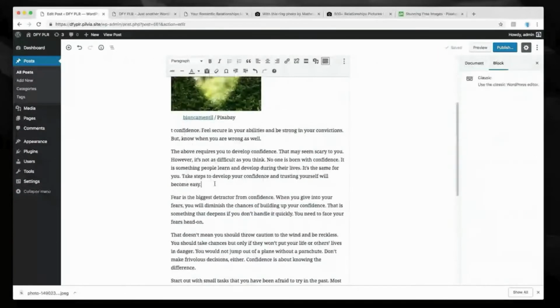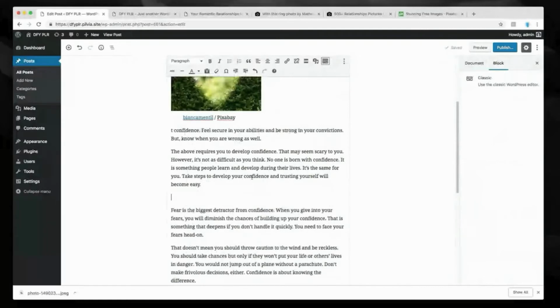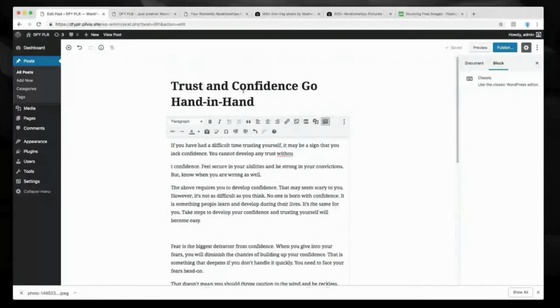And you can also find a lot of things on Pixabay, including illustrations and icons, things like that. If you're looking for something to add icons to your site or bullet points and want to make them cool looking, you can find Pixabay graphics that way. So that's one way to do it. The other way is using